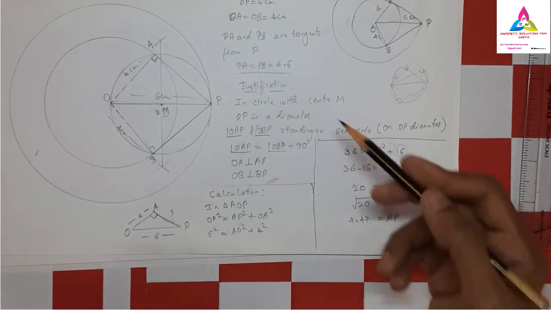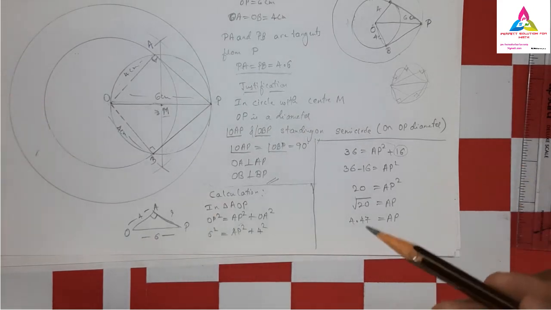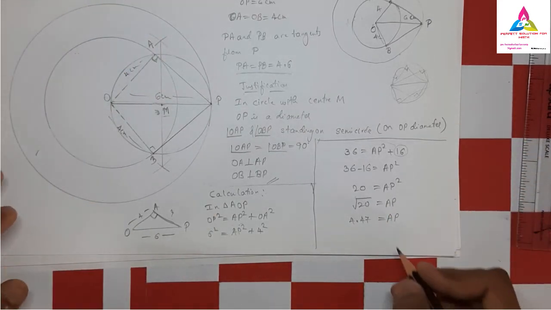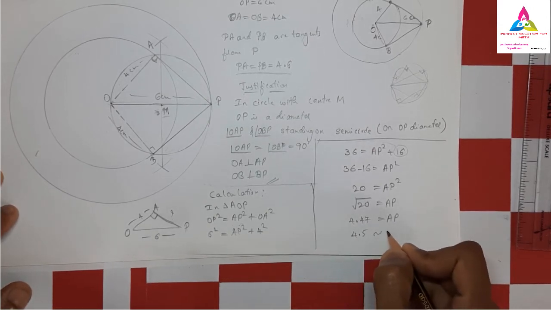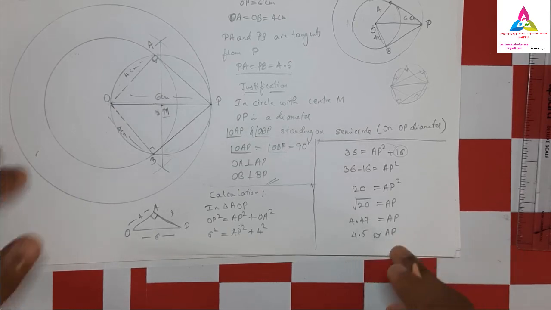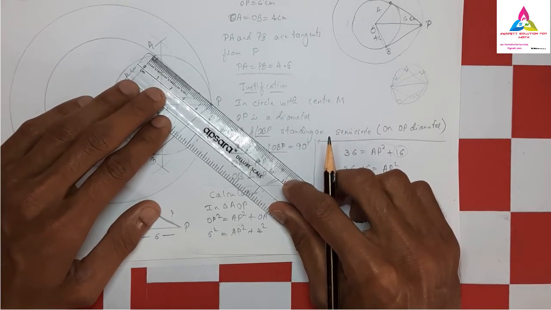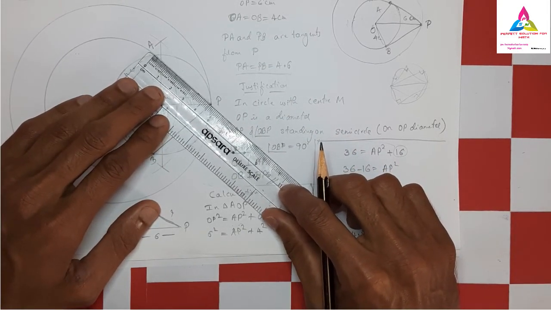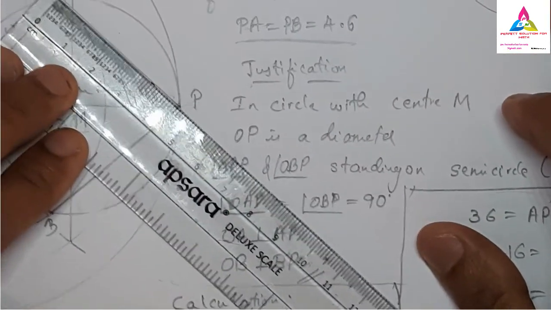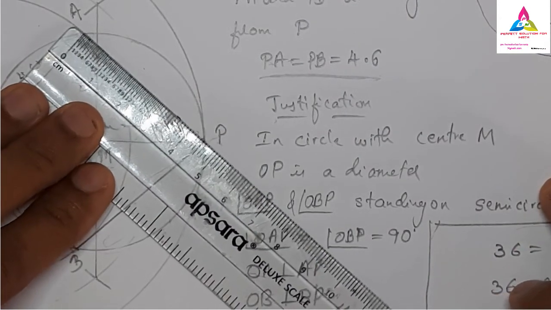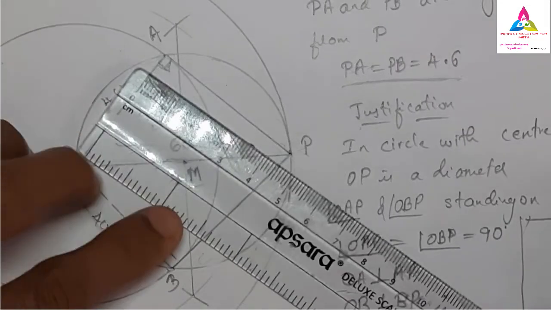And you may ask, sir, here you got 4.6 and here you got 4.47. So it is not similar, it is different. But some calculation error will be there, and this can be rounded, you can do it as 4.5. So this 4.5 and 4.6 are not so different. So if you do the calculation correctly, whether it is possible to get 4.5 or not, you can see clearly in the diagram, the PA or AP value what we have got now. So it is nearly 4.5 and 4.6.